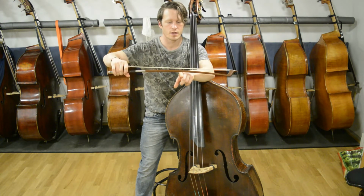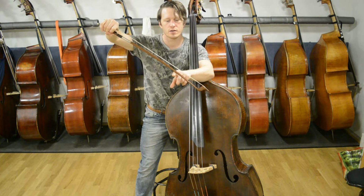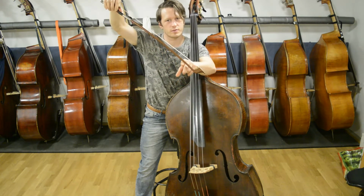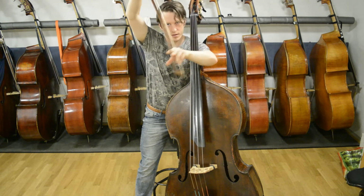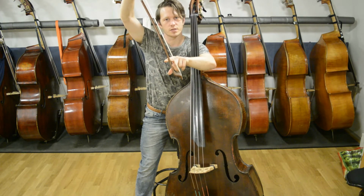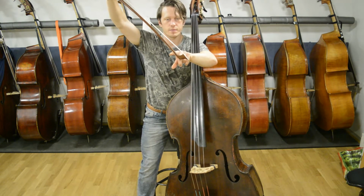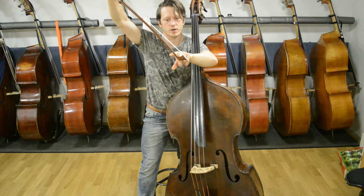and as you're closing in on the tip you need to lift the frog again to use the weight of the tip going this way to push the string sideways. So when you are out here and you need to do an up bow to go back to the frog, you want to